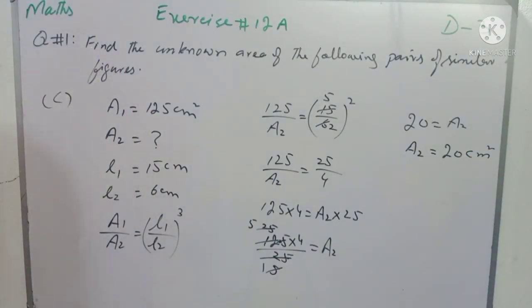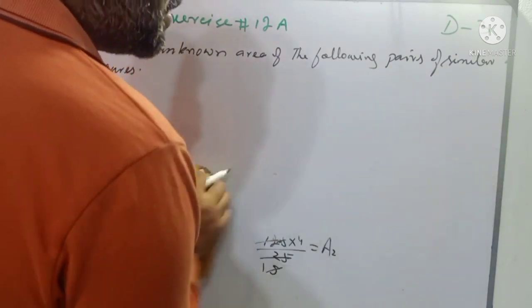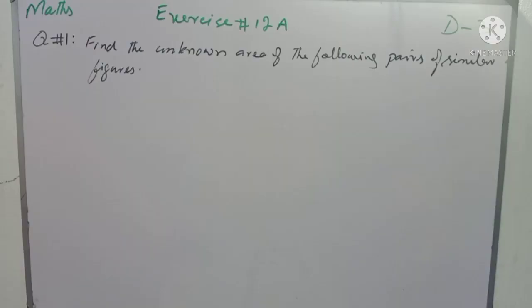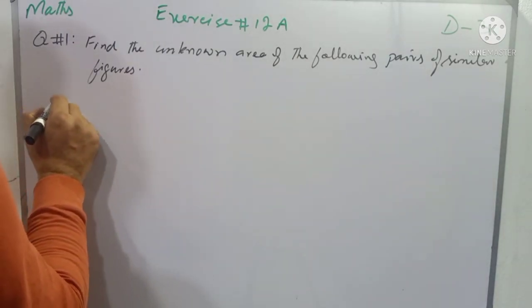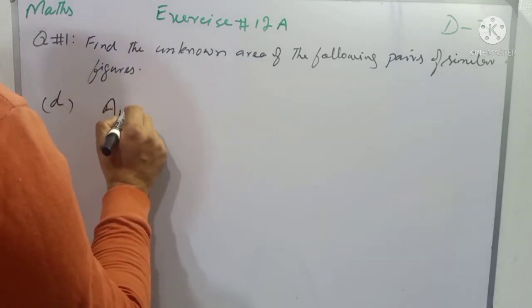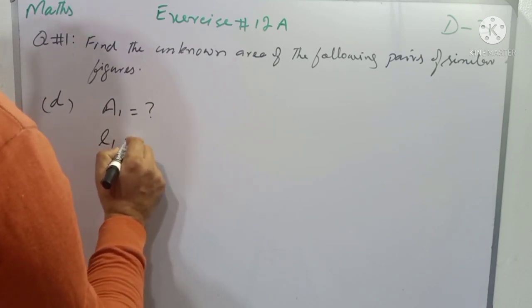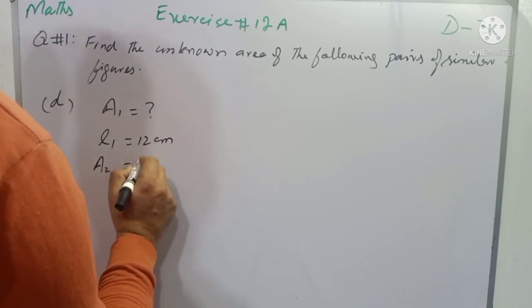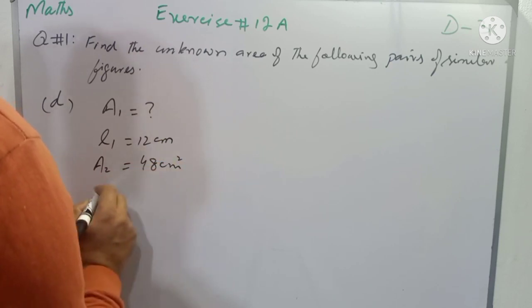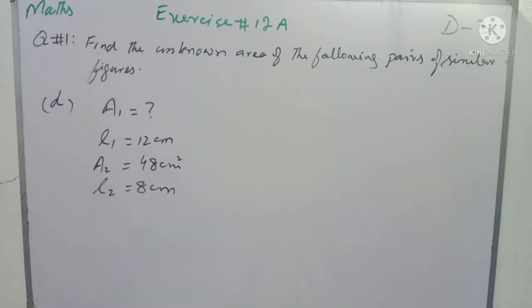और ये था बच्चों सी पार्ट क्वेश्चन नंबर 1 का। अभी मैं सॉल्व करूंगा डी पार्ट इसी क्वेश्चन का। तो डी पार्ट है स्टूडेंट्स, अगेन देयर आर two trapezium and area of first trapezium, that is D part, A1 is given, A1 we have to find, whereas length of first figure is 12 centimeter, whereas area of figure 2 that is 48 centimeter square and the length of figure 2 that is 8 centimeter।